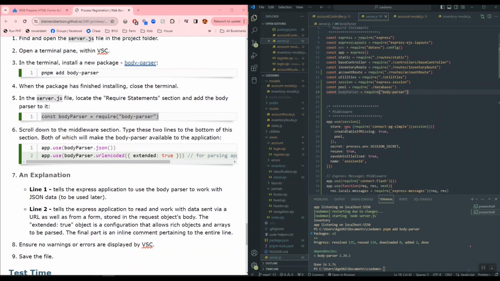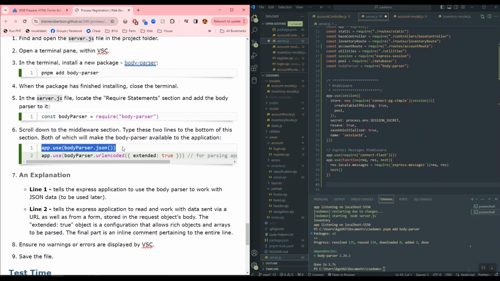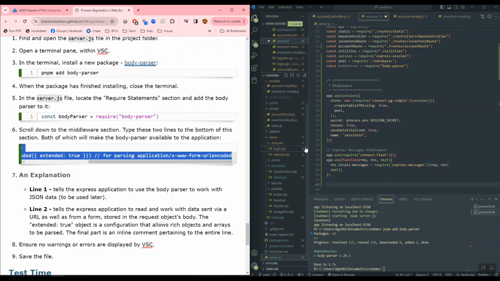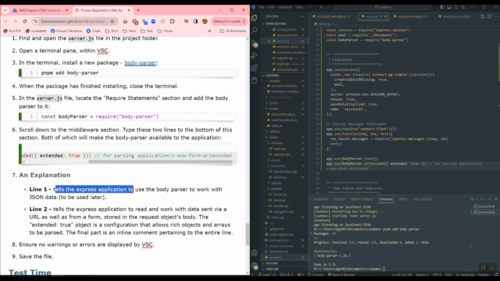Scroll down to the middleware section, which is right here. We're going to add some new lines here. We're going to use the body parser, and we'll go over that in just a second. So it tells the Express application to use the body parser to work with JSON